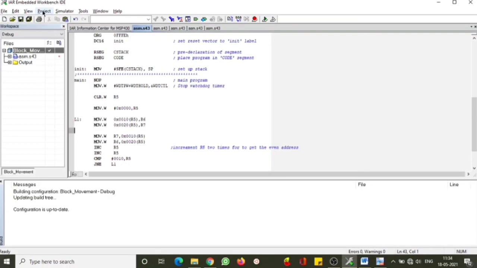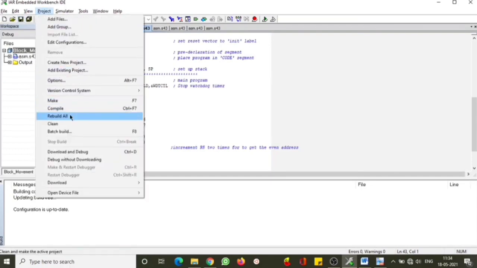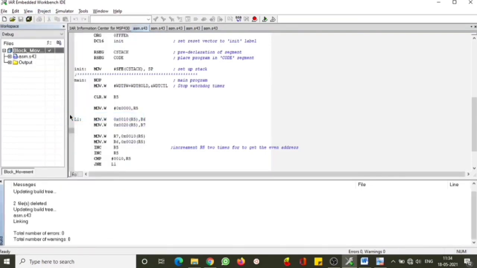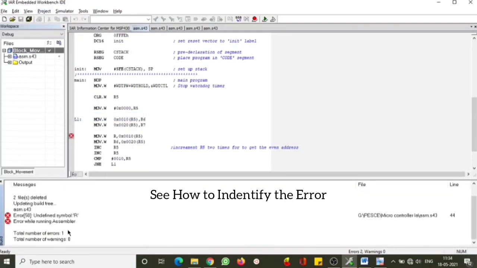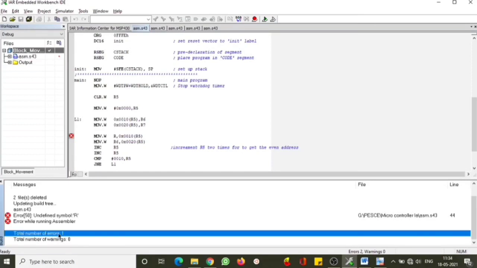Now it is saved. Now I'm going to project. I'm rebuilding it all to find if there are any errors. There are no errors. Suppose I'll also show you some errors here. So simply, I'm not using any specific number here. I'm saving it and I'm trying to run now. Okay, now it is showing the error. Can you see? It is showing total number of errors is 1 here,